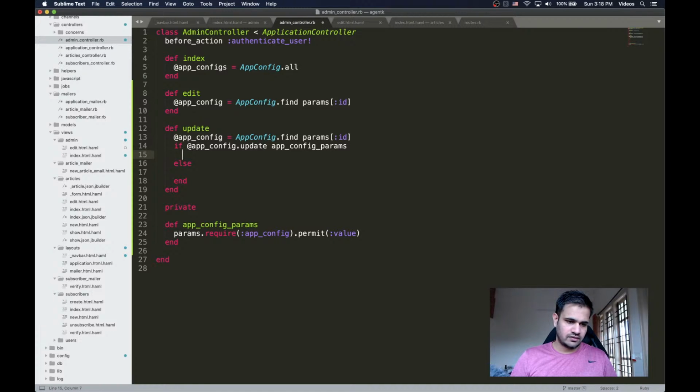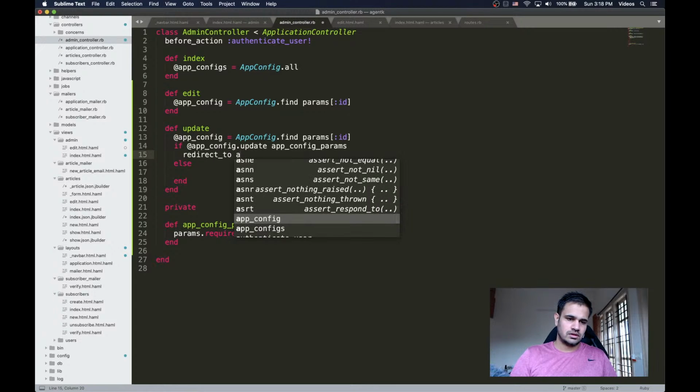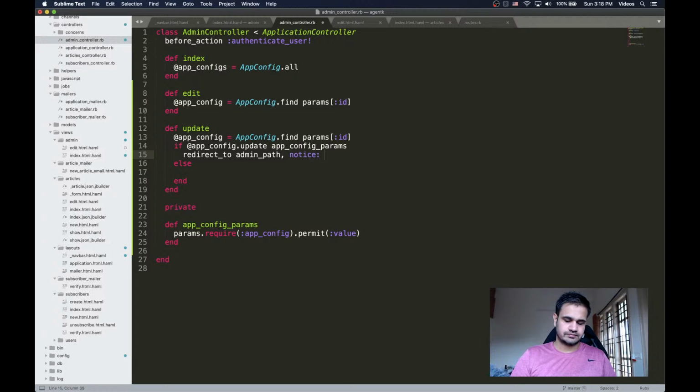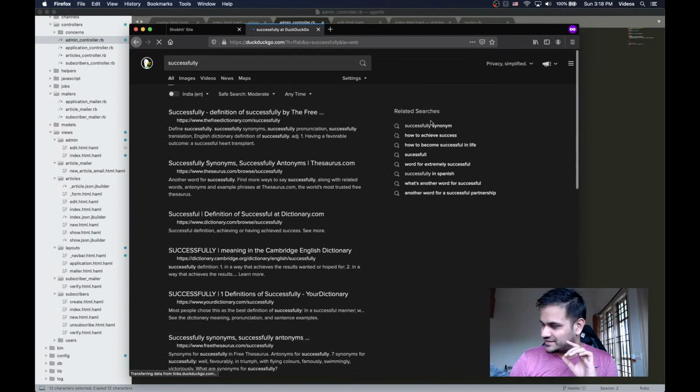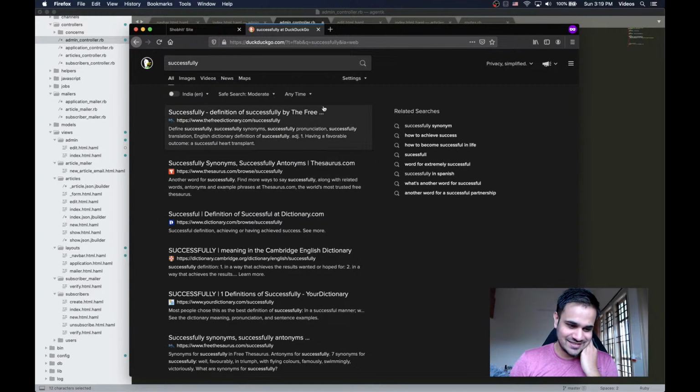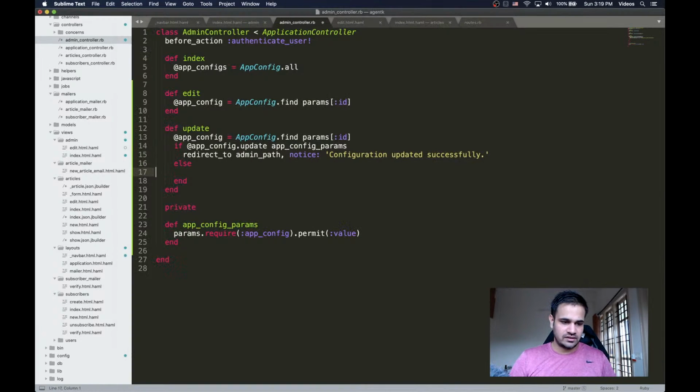And once we have this, we'll redirect to admin path with notice. The notice will be configuration updated successfully. Is that correct spelling? Okay, I'm going to search the word successfully, and I think it's correct. And if it doesn't update, then I'll render edit,